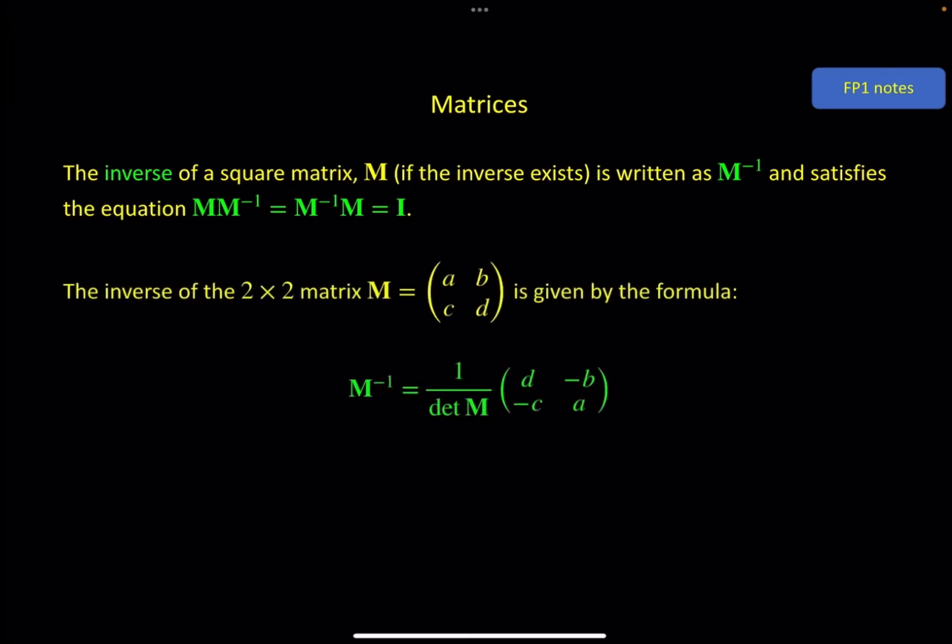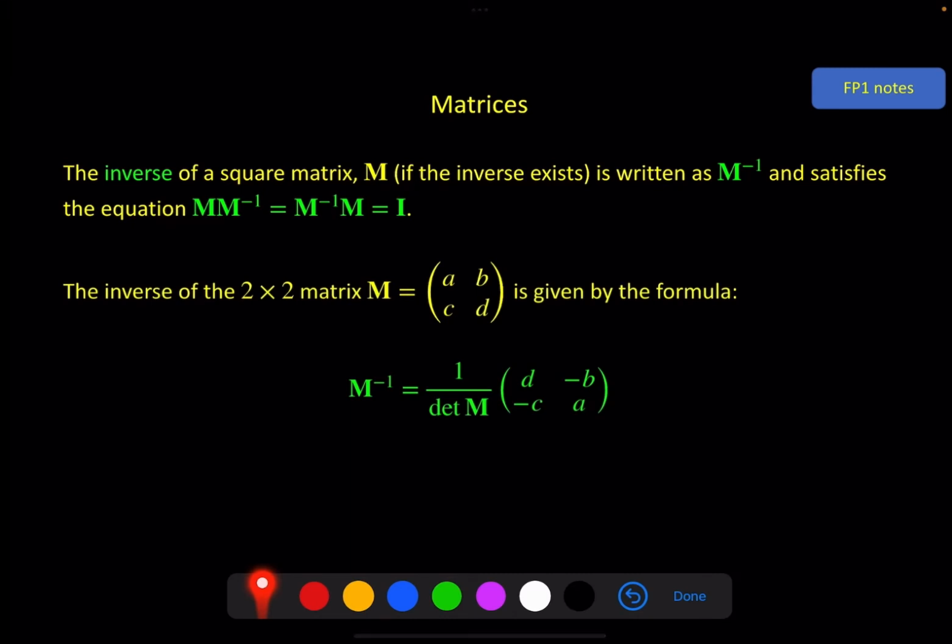So here is the formula, and it is simply a case of remembering the formula by either memorizing it outright or by practicing it so much that it gets ingrained in your brain. So the inverse of a 2 by 2 matrix, I'm putting this here specifically because it's different for a 3 by 3 matrix. That's a much more complicated process that we will go through in FP3 if you do that